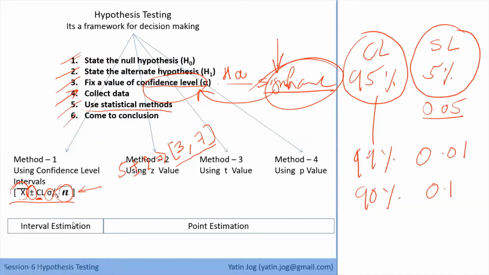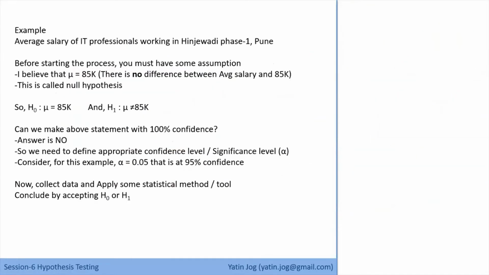So it is called the point estimation method. That's how we have 1 interval estimation method and 3 point estimation methods for 1 and 2 samples of hypothesis testing. If we have more than 2 samples, then we have to go for F estimation. That will be looked at in detail in tomorrow's session. So this is all about the introduction of what is hypothesis, hypothesis statements, H0, H1, hypothesis testing framework, important steps, and interval estimation and point estimation methods. So now we'll start with the process.